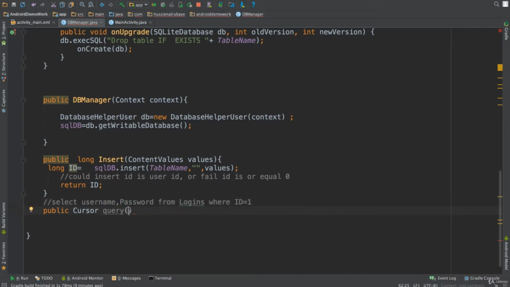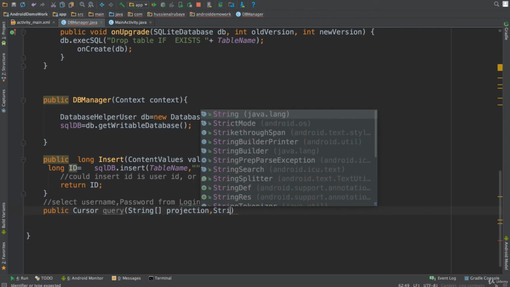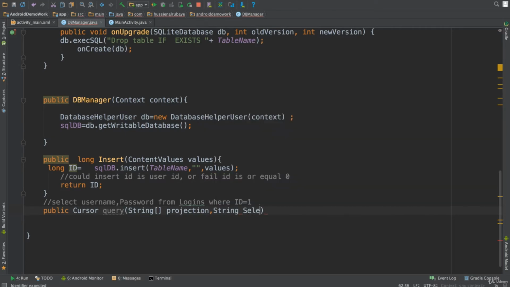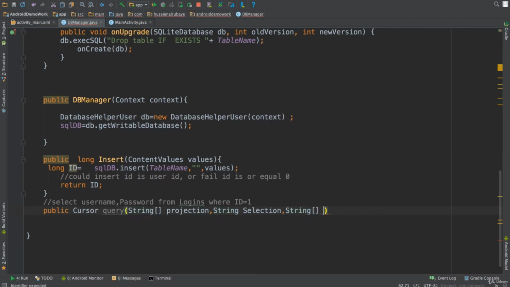So the first parameter I will pass is projection. This will be a string array, because he may send a number of projections, a number of columns. The second parameter will be the condition, so let me name it selection. I make sure it is a string. This part will be the selection, and the selection has arguments, so I have a string array of selection